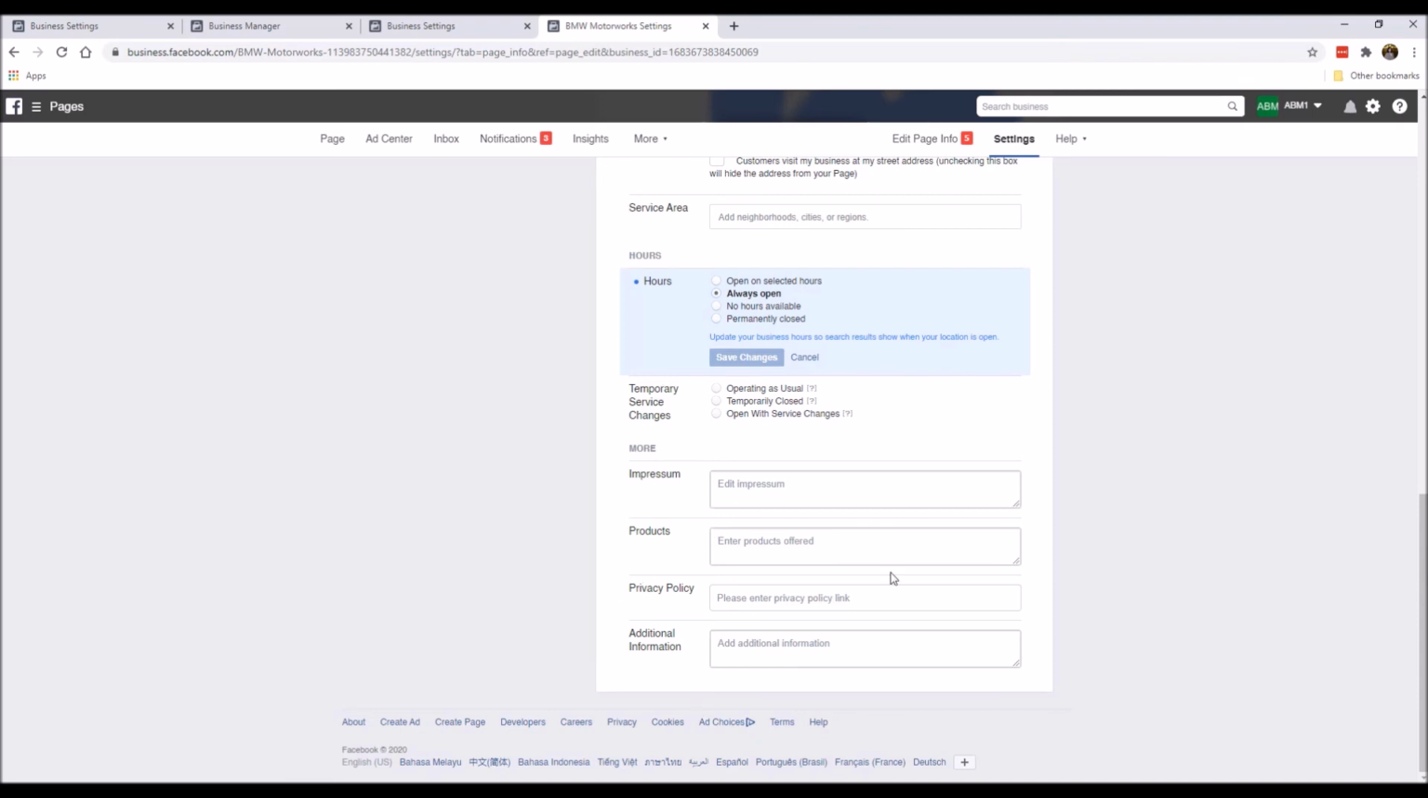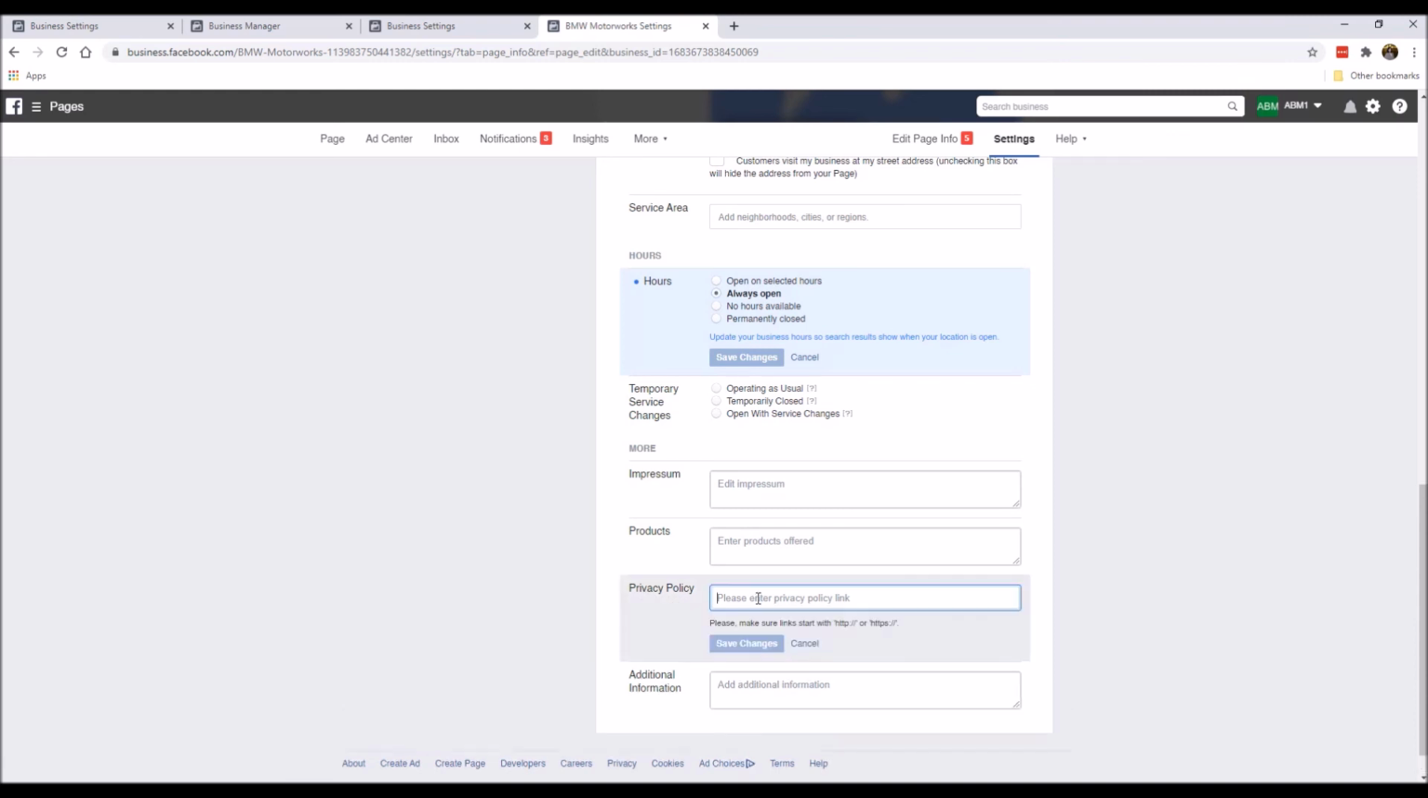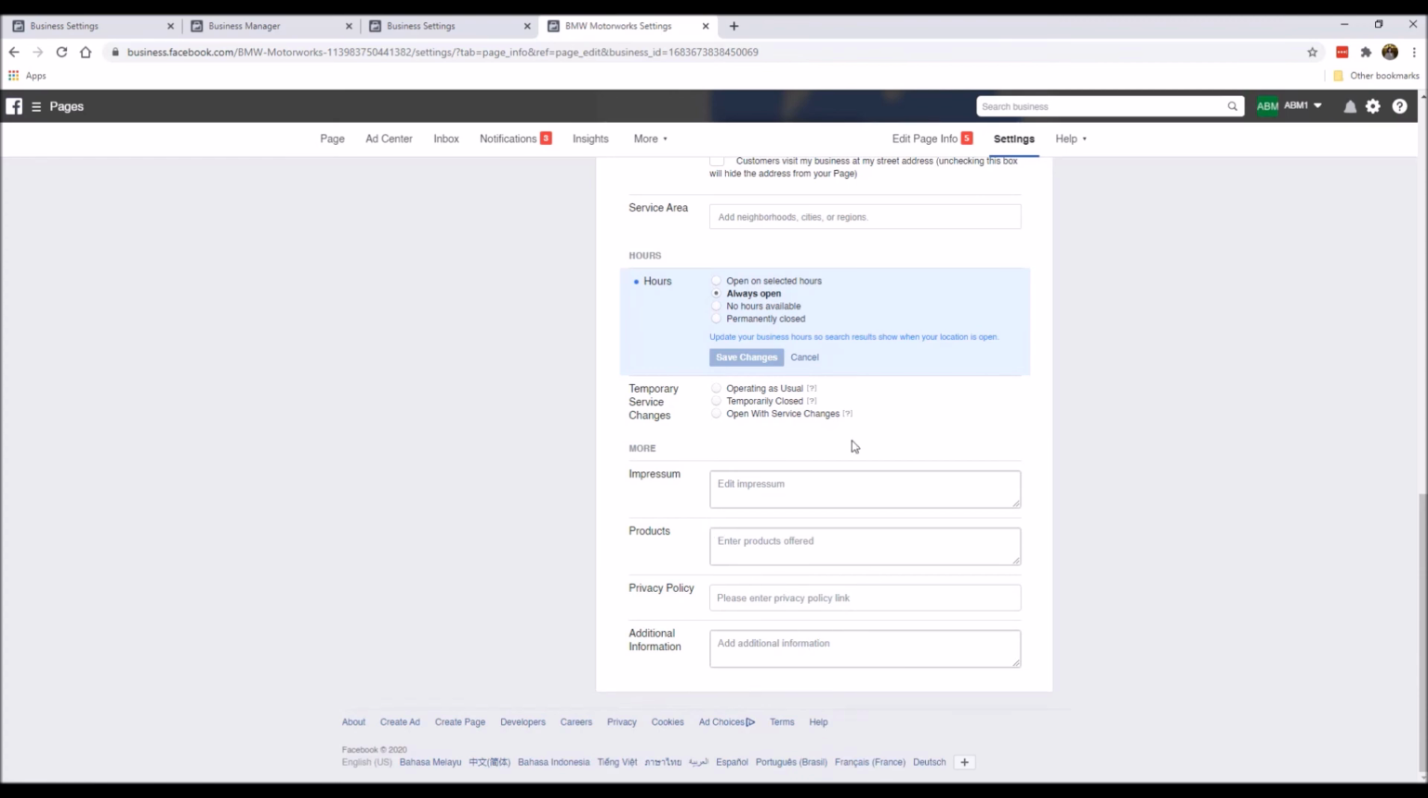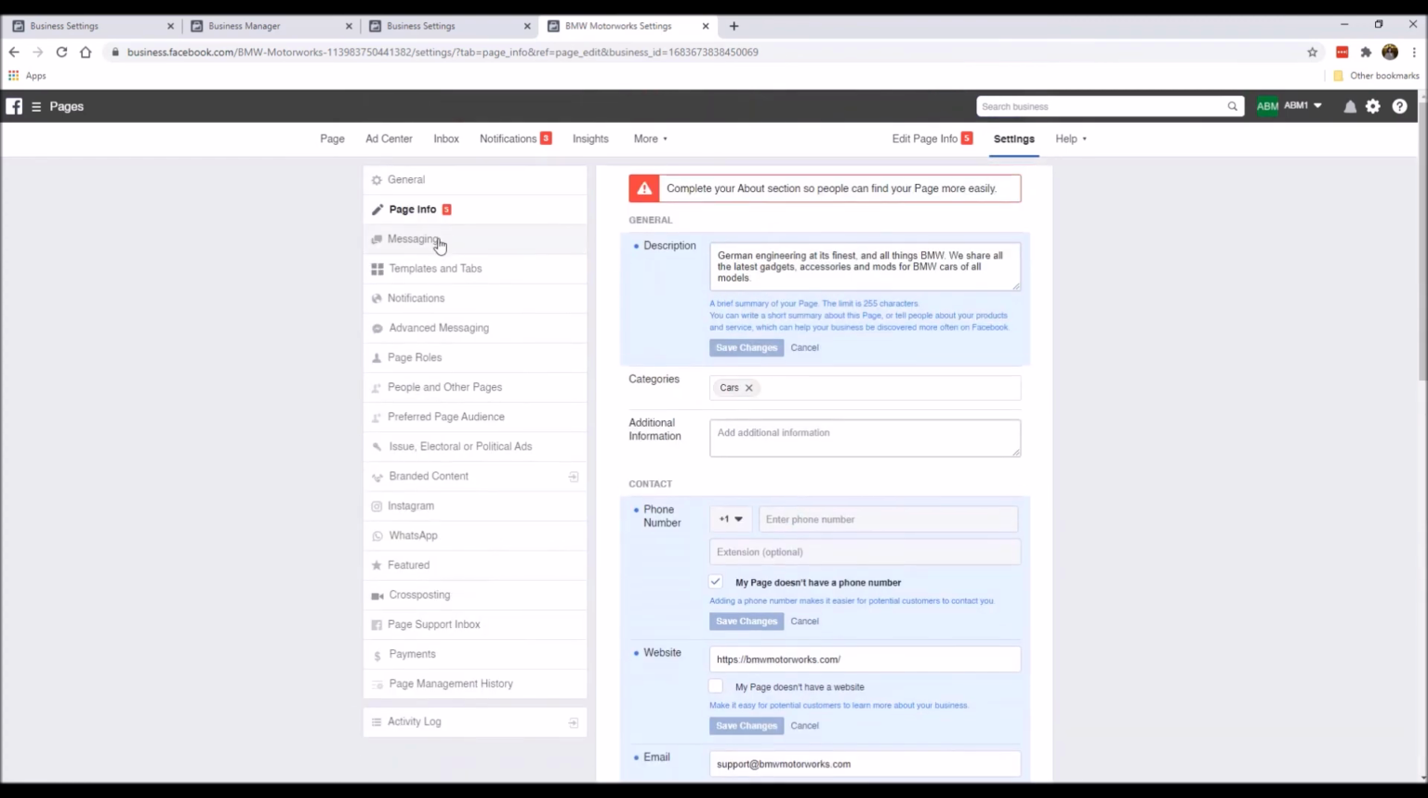Now, the rest of these details here are fluff, in my opinion. If you have a privacy policy page, you can just put it here for completion's sake, but frankly speaking, you can just leave all of this alone. Next,